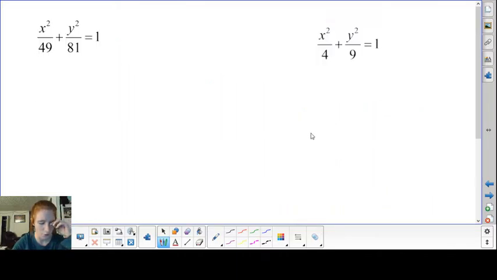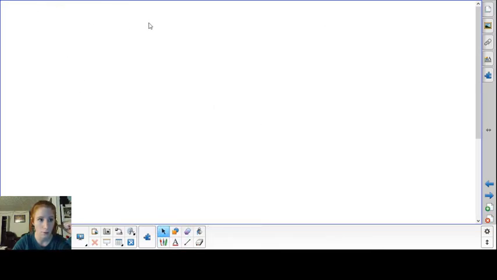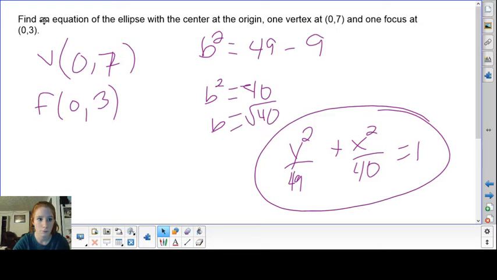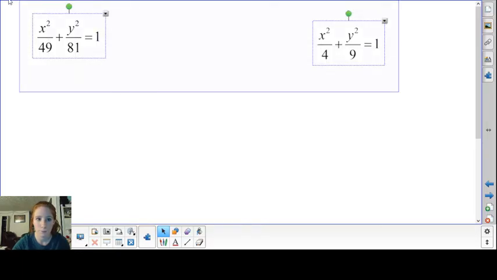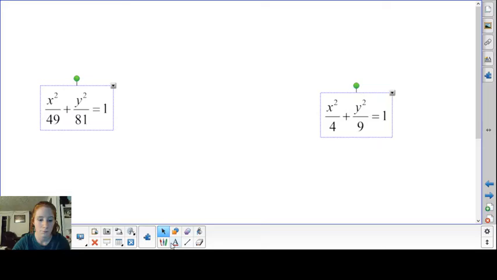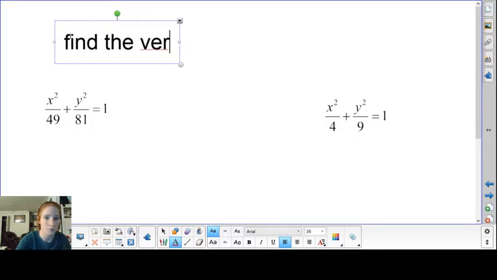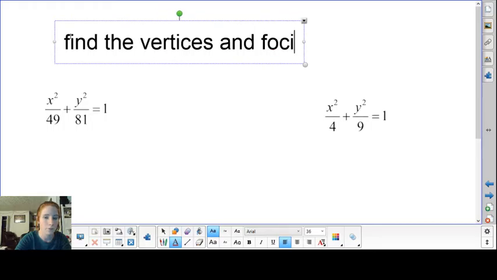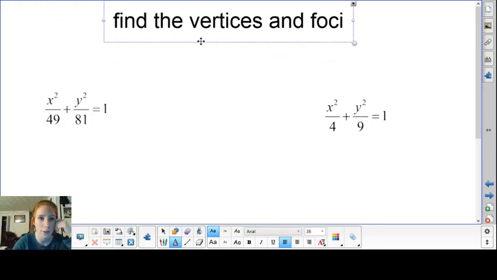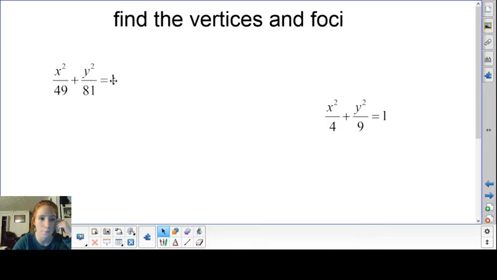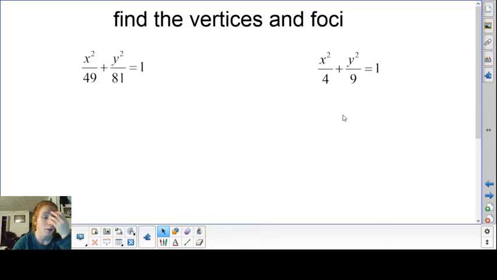So for some reason the directions here got cut off. This is supposed to say find the vertices and the foci. So go ahead in between your slides and just write that in there, or if you're taking notes on a piece of paper, that's your directions. Okay, so